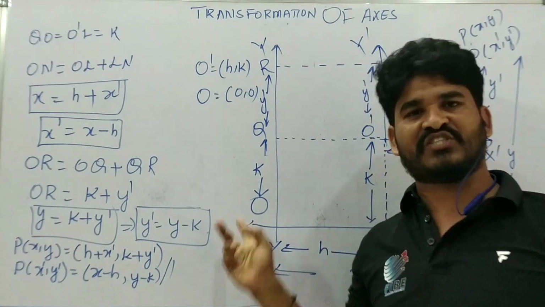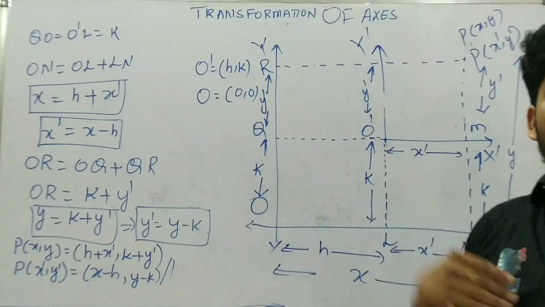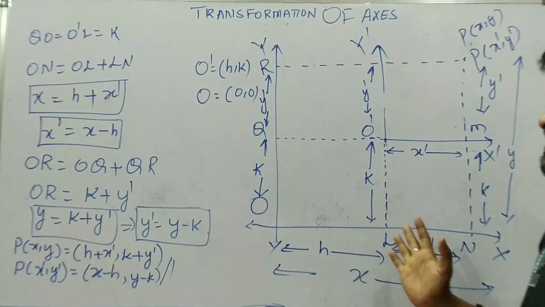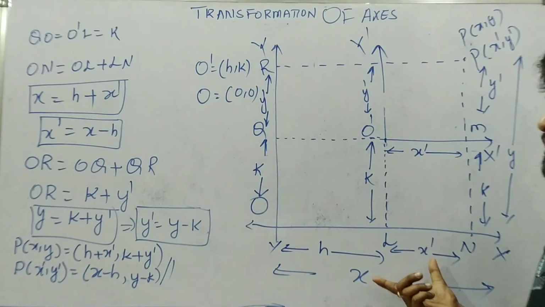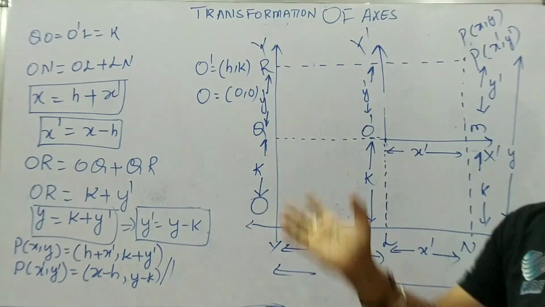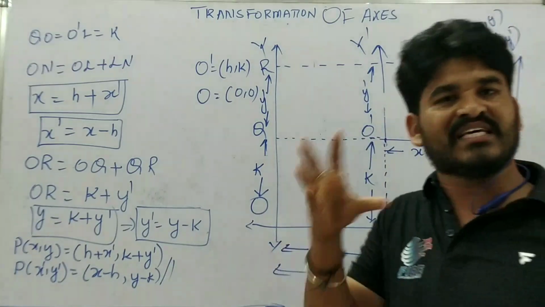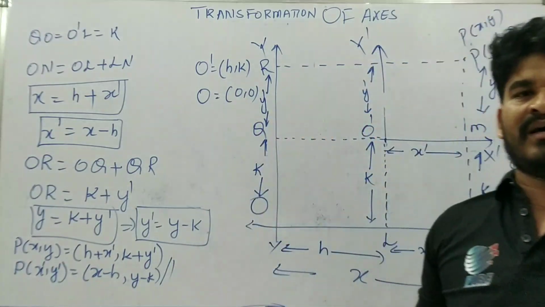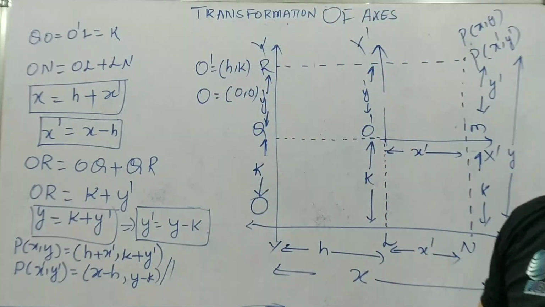The first is when the origin point is changed without changing the direction of the x and y axes. The second is how we get the locus point P(x, y) when the direction of the x and y axes is changed. These are the only two points in the expressions of transformation. These are the first two topics in transformation of axes.